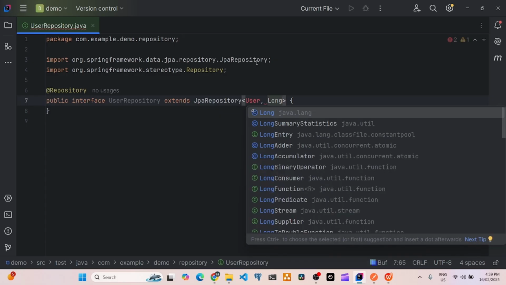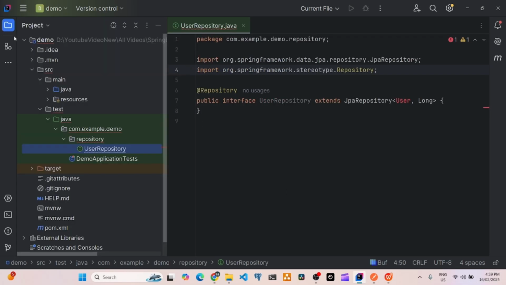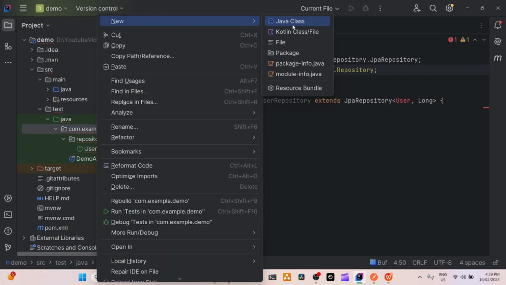Okay, so now we don't have a user, that is the model layer. I don't have the model layer yet, and I'm just putting it over here, and then the user repository got completed, extended with the JPA repository. Next, let's go for the user, the model layer. Let me create that model layer. Okay, so in here I'm going to create